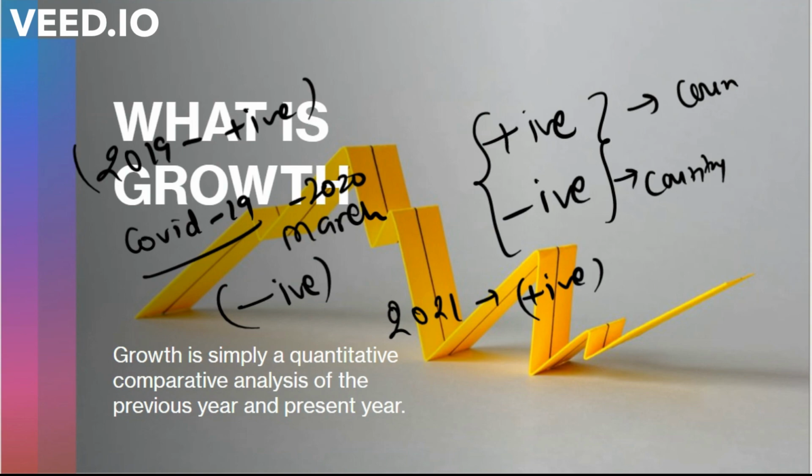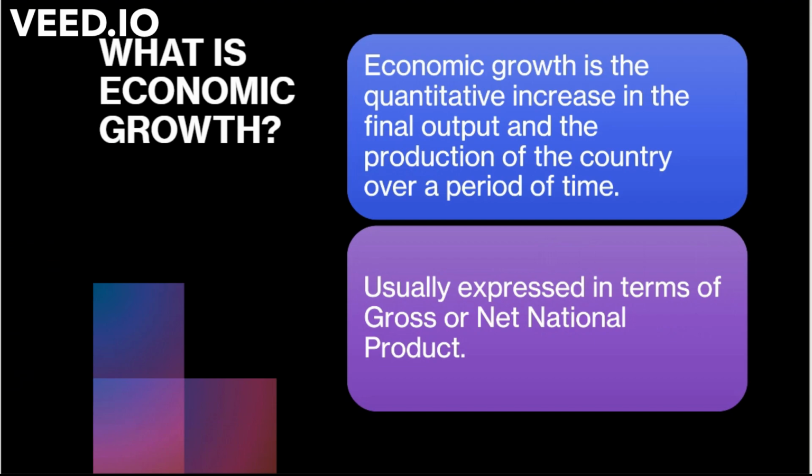This is growth. Now the point is, what is economic growth? Economic growth is the quantitative increase in the final output and production of the country over a period of time. Here you have to note: quantitative, final output, and over a period of time. That means economic growth is measured on the final output. There are a lot of intermediate things which are not measured. For example, if we make bread,